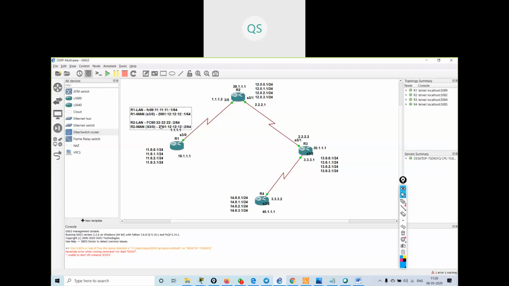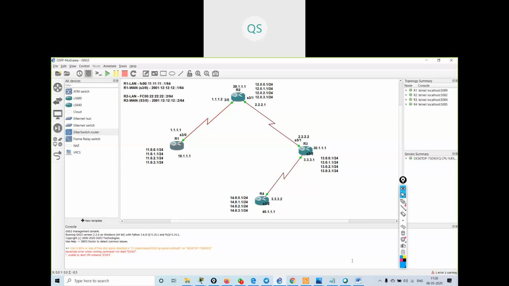Now on R2's another WAN, let us check with these two things only right now. So you understood, in the LAN of R1 I will be using FC00:11:11:11::1, and in the WAN at this interface I will be using this IP address.